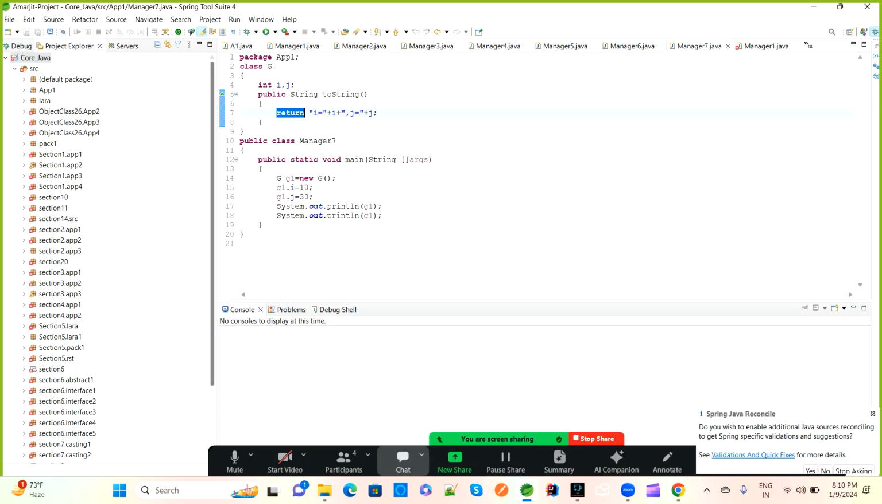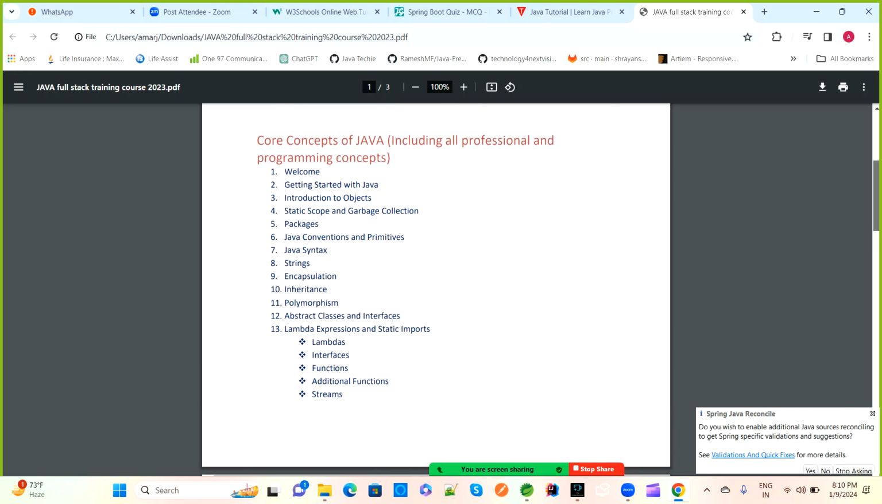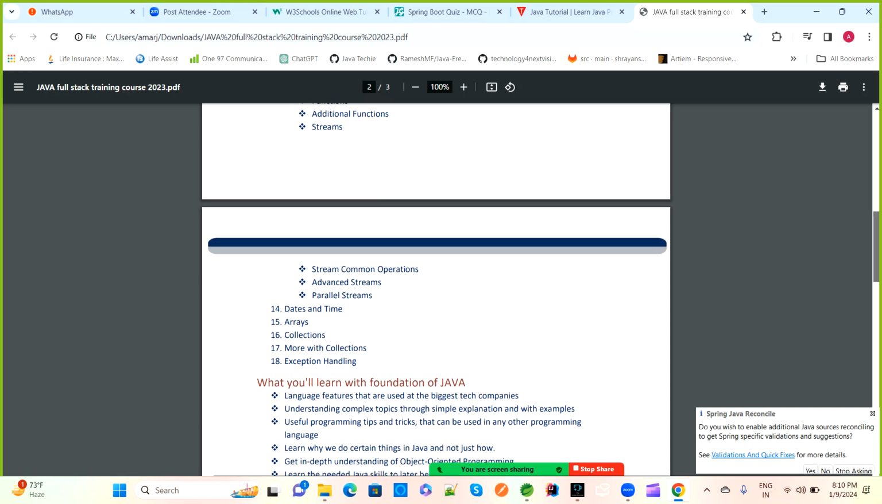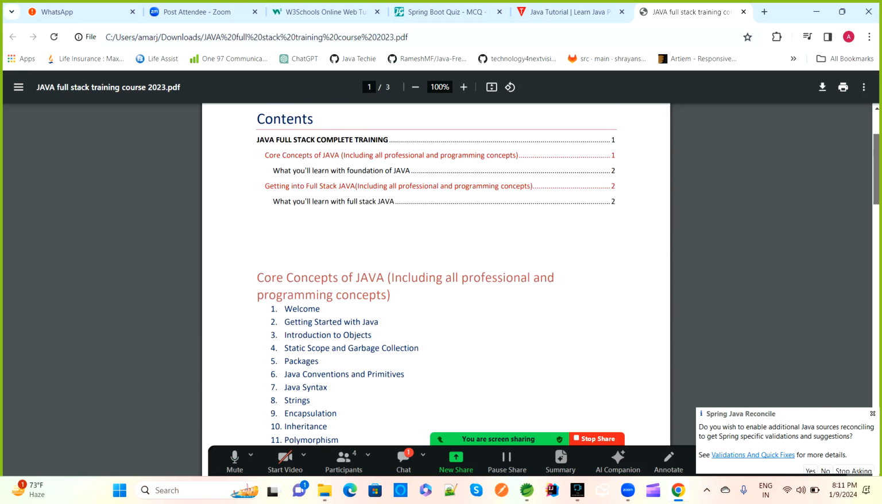So if you see this, almost we completed all the core Java concepts. Only these 3 are remaining. One is collection, and then Java 8 lambda, point 13 is remaining, and then 14 is remaining, date time, and 16, 17 is remaining, 18 is remaining. So 16 and 18 we will complete today, and collections and Java 8 maybe tomorrow we will complete. So I'll refer